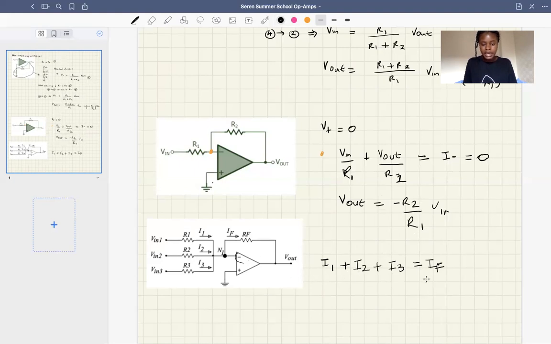So we can say here that we've got V in 1 over R1 plus V in 2 over R2,